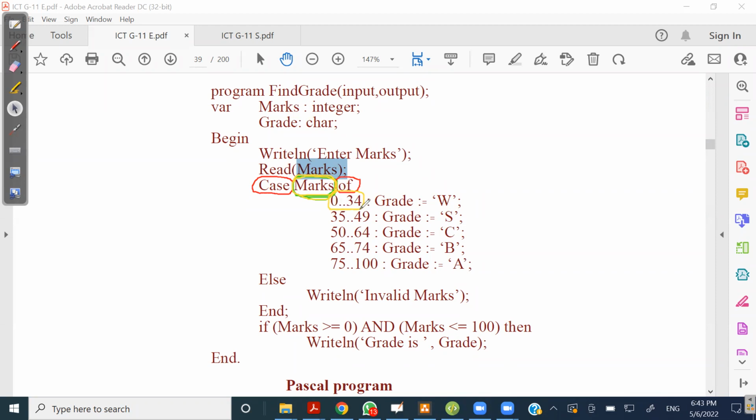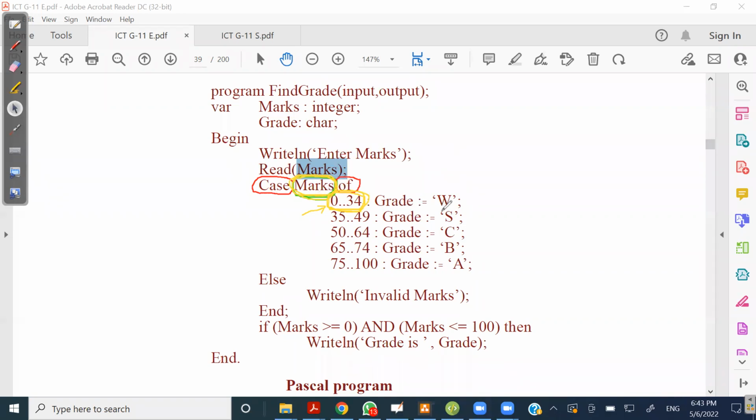That is what is meant by this notation, 0..34. This is a particular condition that we have used in the else if statements. So if this particular value of the marks variable is in between 0 to 34,